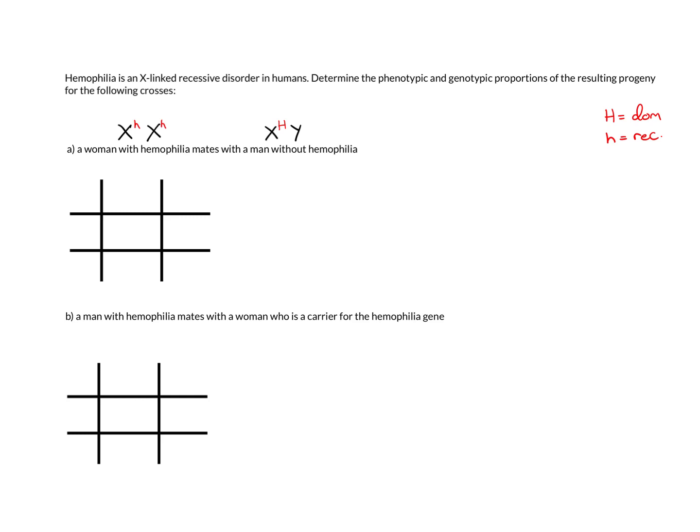Now that we know the genotypes for the parents of this cross, we can then determine the genotypes for the progeny using the Punnett square seen on the left. We can place the parental alleles on the top and sides of the square, and then determine the genotype for the progeny using the remaining 4 squares. Alright, so based on the Punnett square, we can see that half of the progeny will have this genotype, 100%